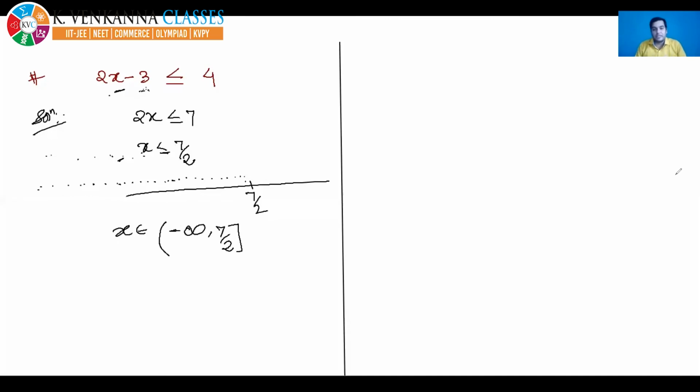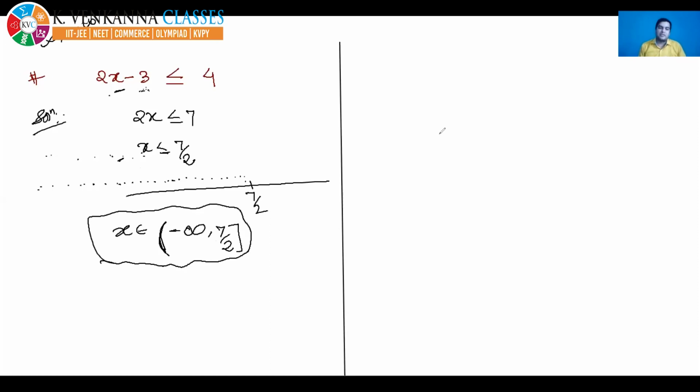Remember, yes, Vignesh, you are absolutely correct. Remember, at infinity or minus infinity, there must always be an open bracket. Why? Because we put a closed bracket at those values which can be taken by x. But infinity is a very large number which can never be reached. So x can never reach infinity. That's why at infinity or minus infinity, we will always put an open bracket. So that is the correct answer.